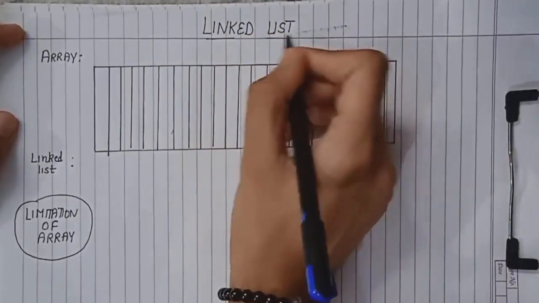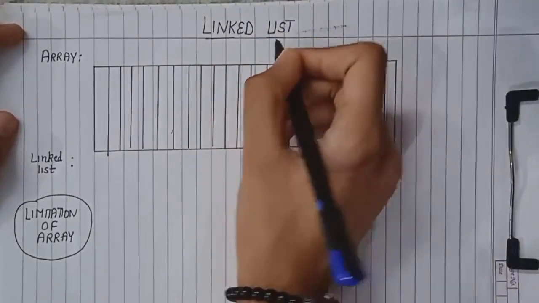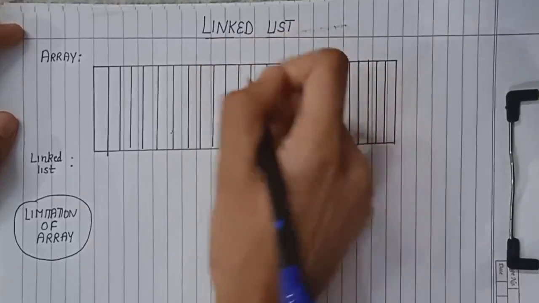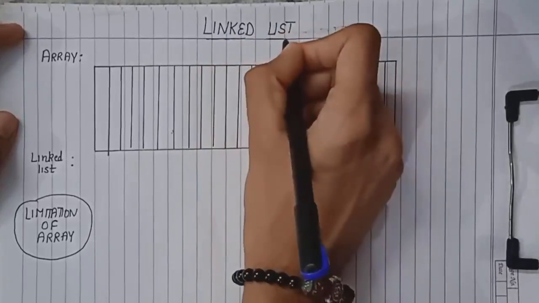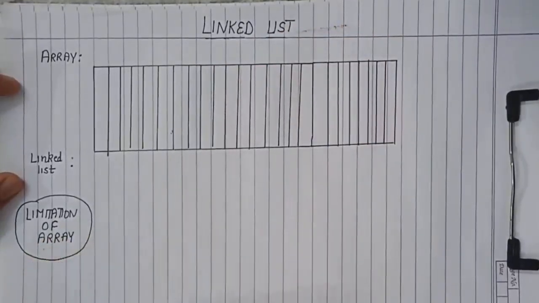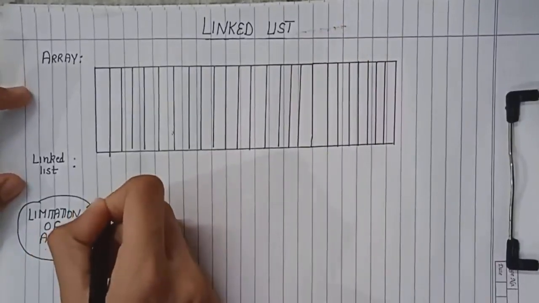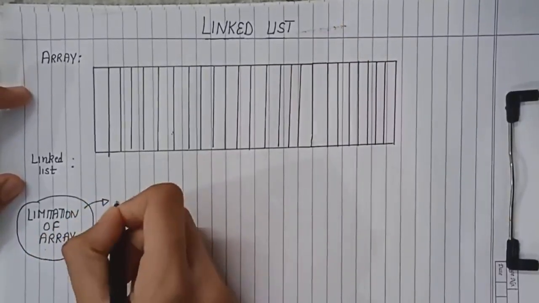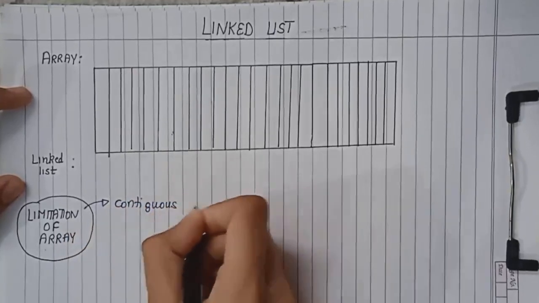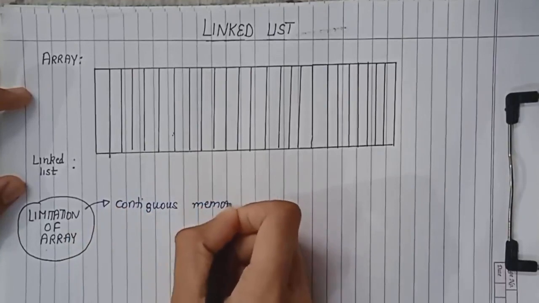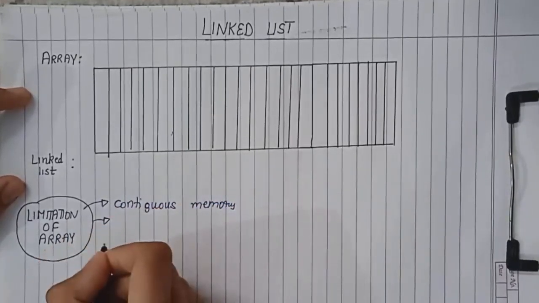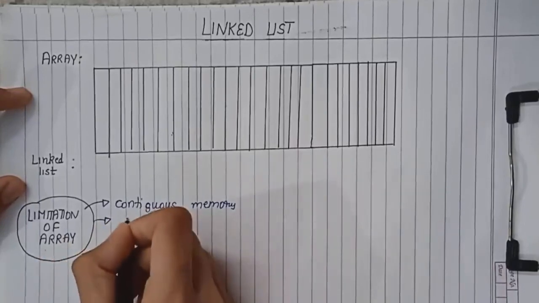Before understanding what linked lists are, let us understand why there is a requirement for linked lists. And to understand that requirement, let us understand the limitations of arrays. So we all know that arrays have contiguous memory. It means that the data members in arrays are stored at